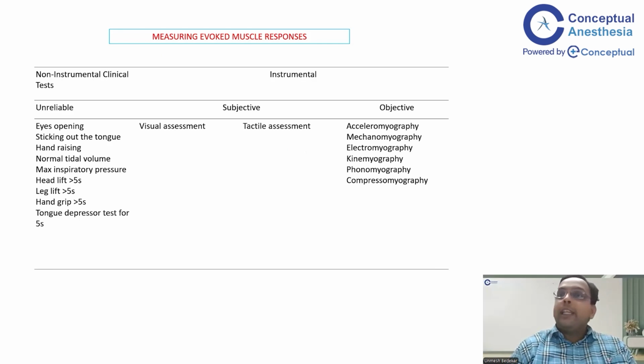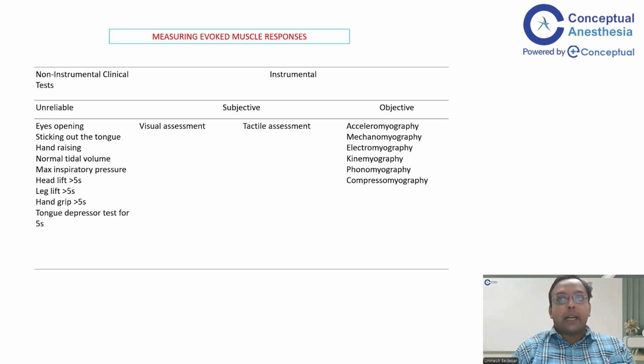The most commonly used in clinical practice is acceleromyography for the neuromuscular junction monitoring, also known as the train of four monitoring. So whenever you're using sound or mechanical displacements,